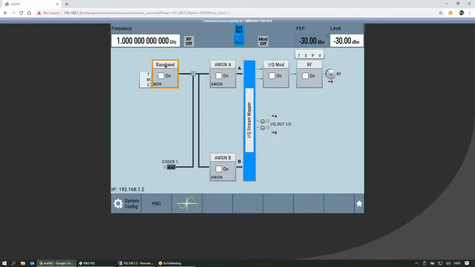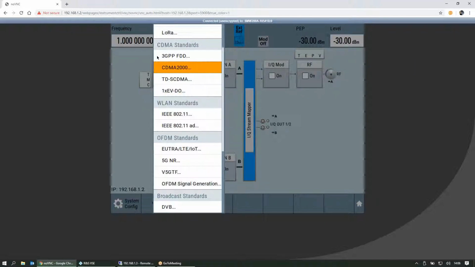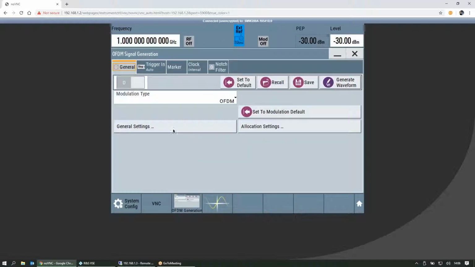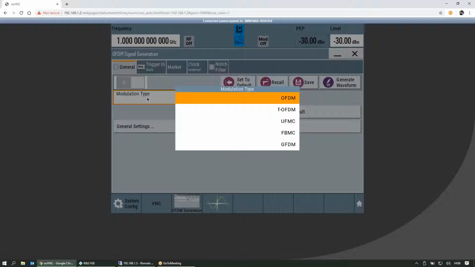Hello, in this demonstration I will generate an OFDM waveform on the Rohde & Schwarz SMW vector signal generator and analyze it on the Rohde & Schwarz FSW vector signal analyzer using the VSE software. I have in front of me the SMW interface and can select baseband OFDM signal generation, and we have several